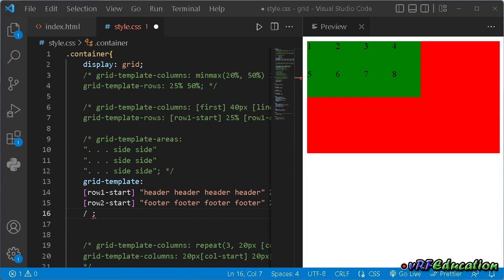Imagine that I want the second and third columns to have static widths of 50 and 100 pixel, and the first and last columns should be auto as their width. So this is auto, 50 pixel, 100 pixel, and auto. And now if I save